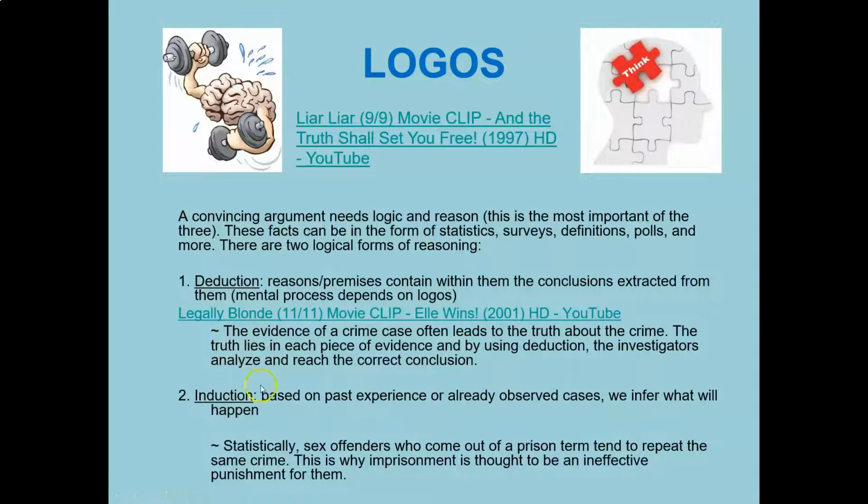So I put it at the bottom here. The evidence of a crime case often leads to the truth about the crime. Obviously, if there's enough evidence. The truth lies in each piece of evidence, and by using deduction, the investigators analyze and reach the correct conclusion. I thought that the movie Legally Blonde had a very good example of deduction,